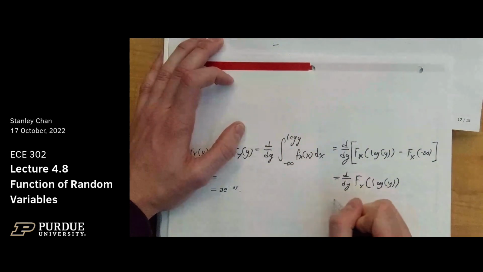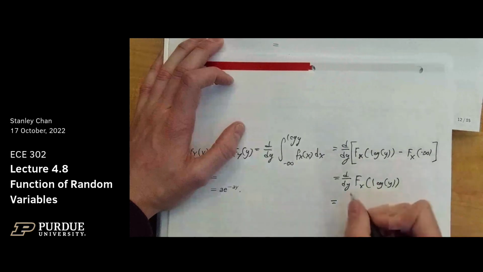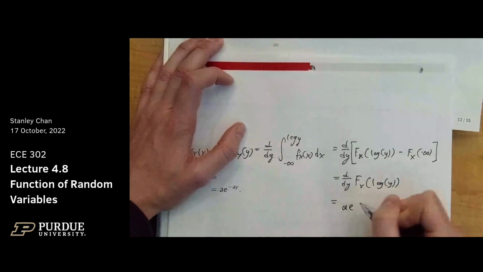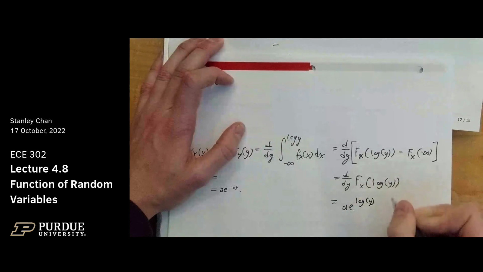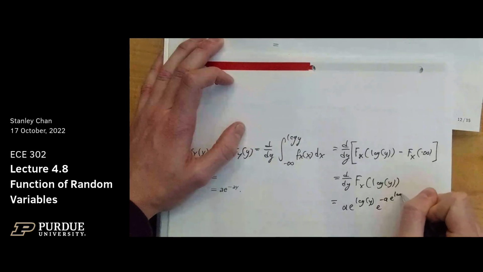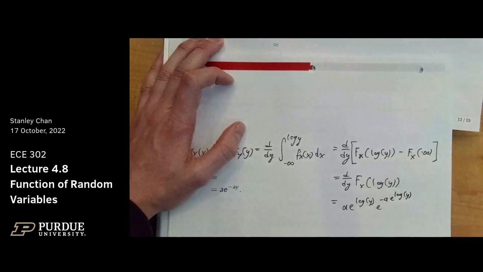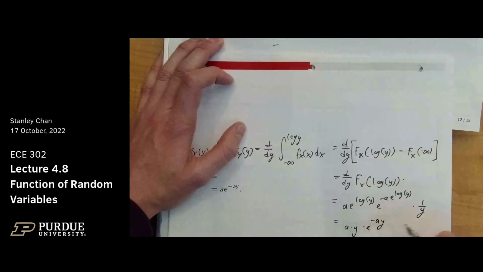We have to take the derivative first, so we get a e^(log y) e^(-a). And then we have to get the other term, so this is the first term, and then we have to do chain rule, so we have to multiply by 1 over y. Okay, and then we can simplify this down. Ends up being a times y times e to the negative a y times 1 over y, which is equal to